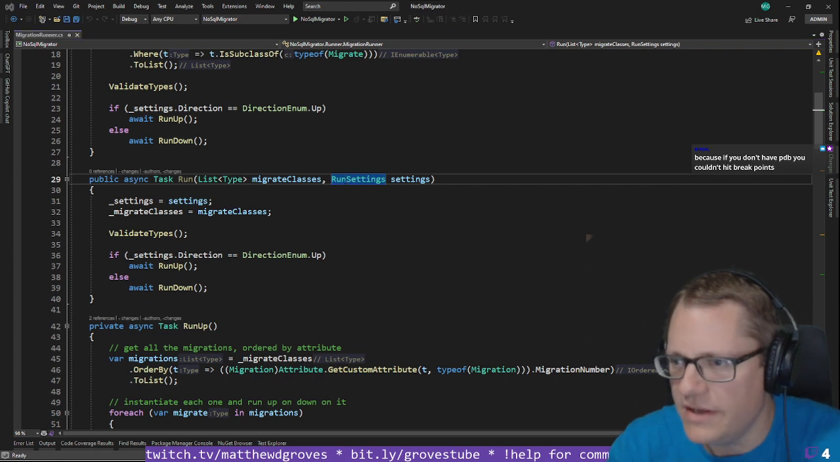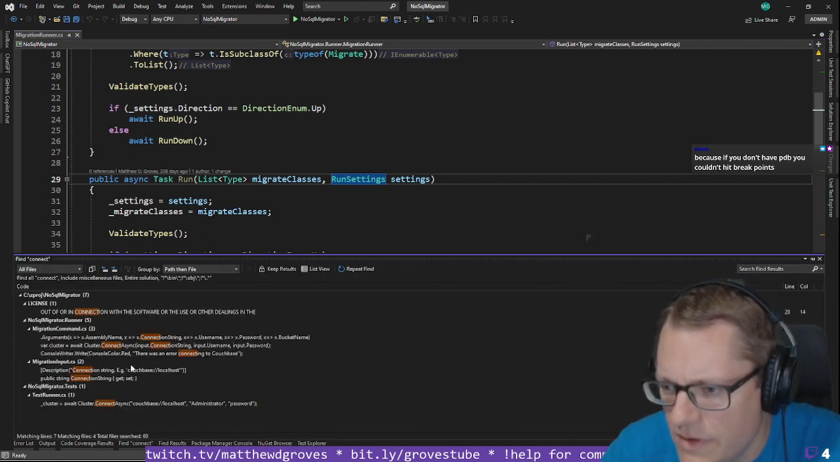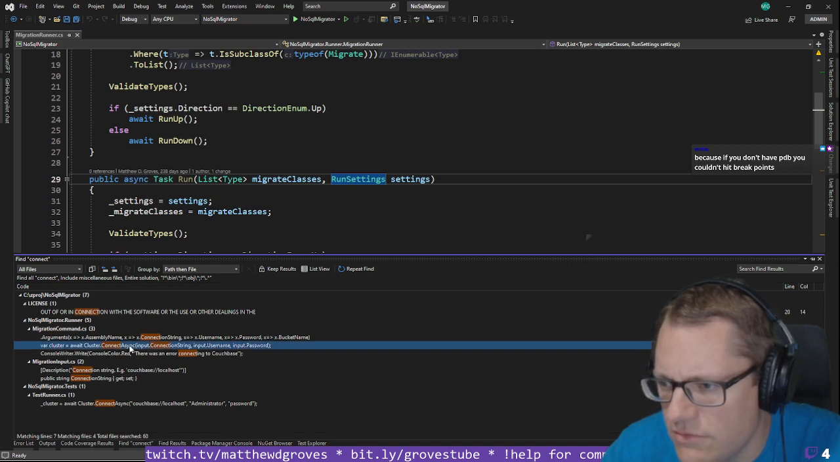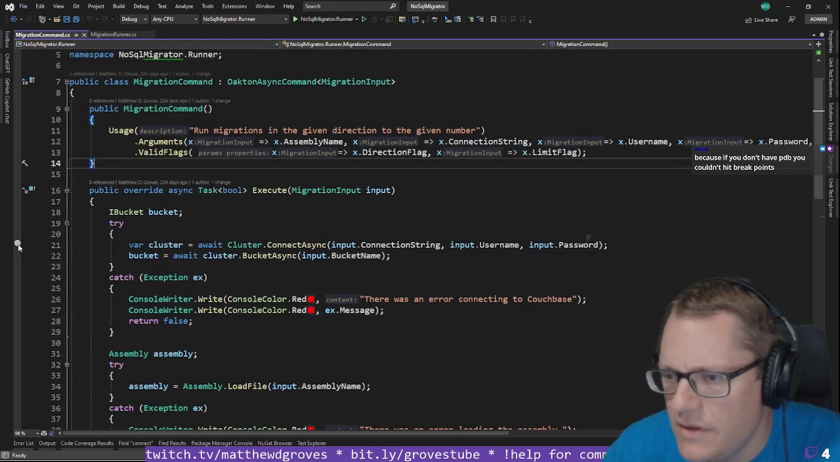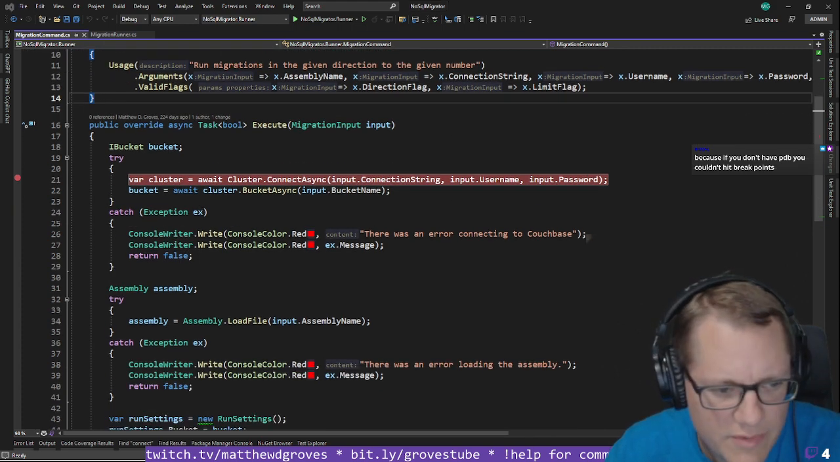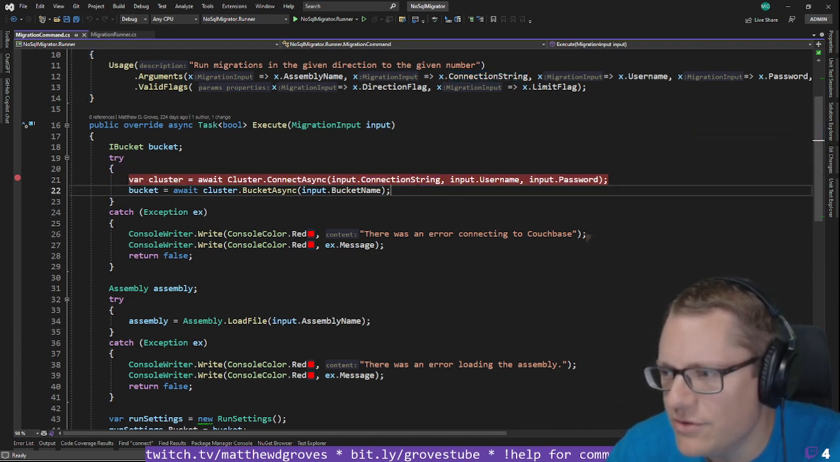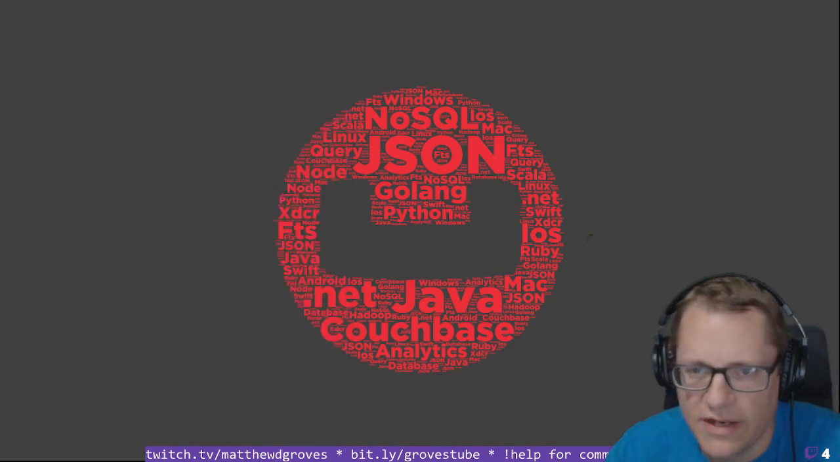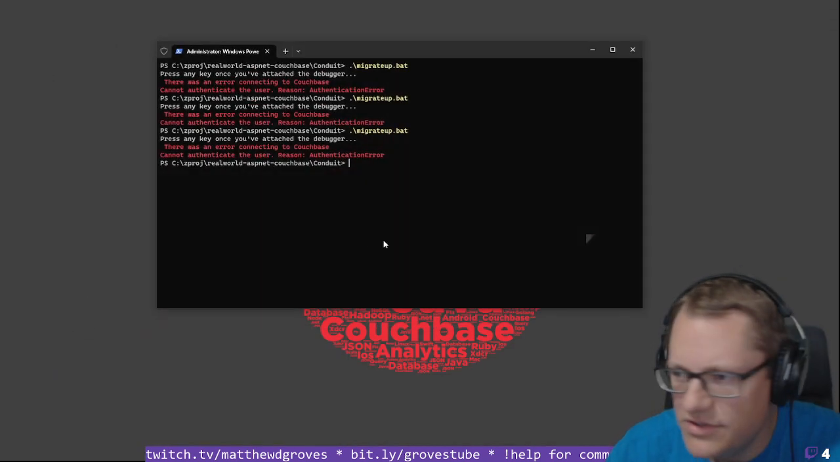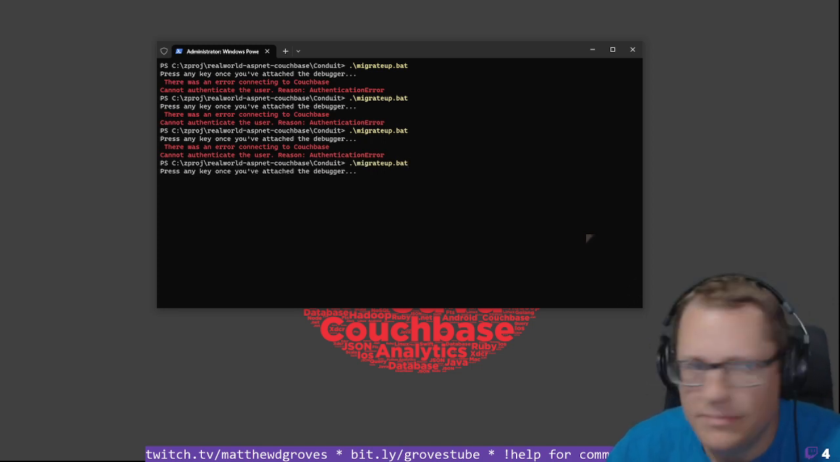I need to find the connect, basically. ConnectAsync right here. This is where it's connecting, and this is where I'm assuming, what's the error message again? There's an error connecting to Couchbase. So this is where I assume it's happening. Somewhere along here, the wrong connection string is being passed in. I need to take this off screen because it could show sensitive information. Hopefully if this works. And I'm going to migrate up,